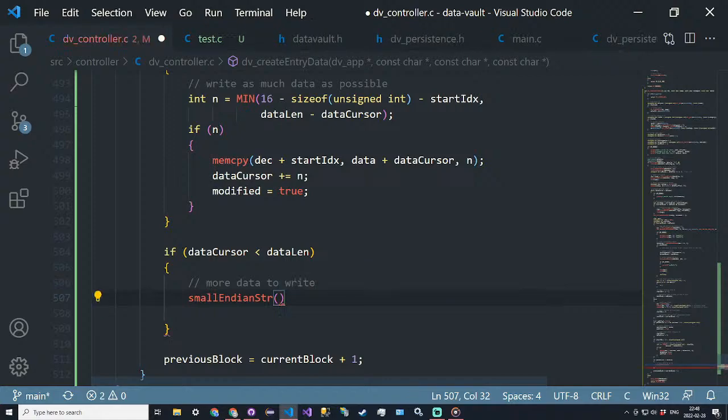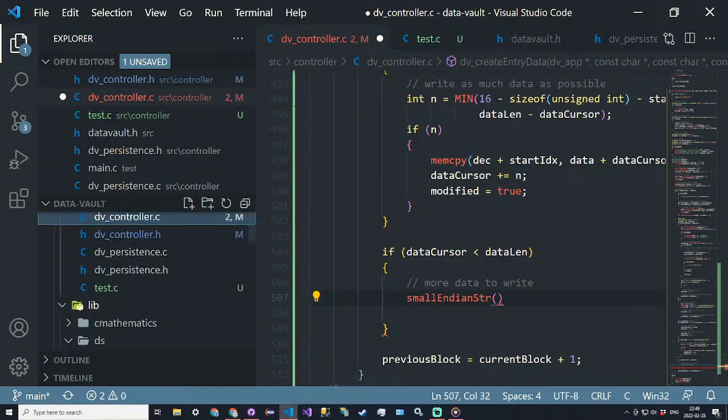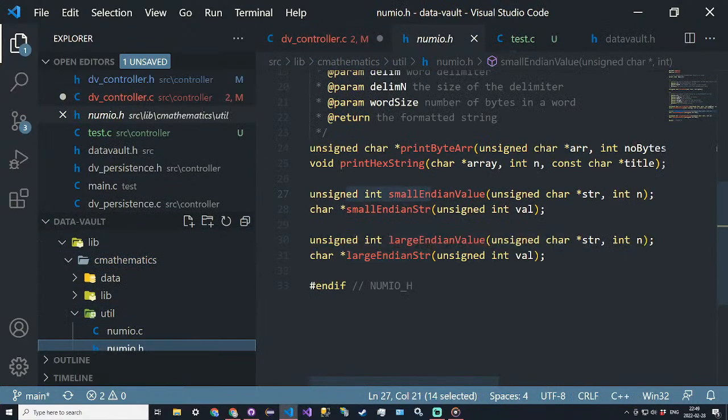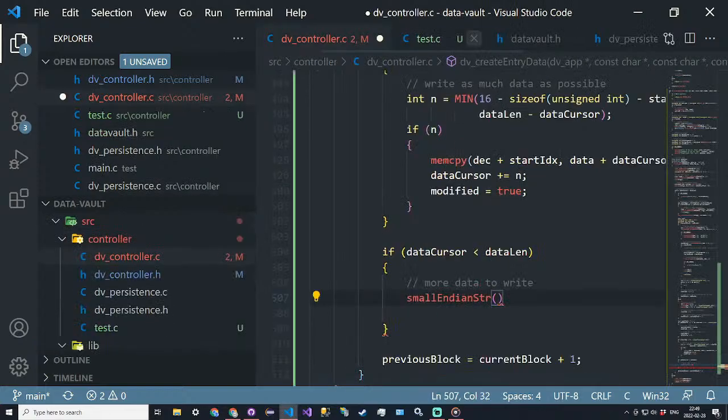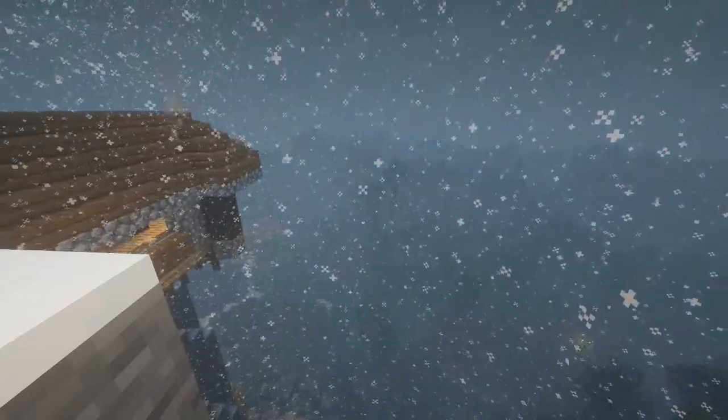Oh, did I not update? Hold on. I didn't update my. I could swear this was on. Oh, did I think I may have missed something. Give me 2 seconds. I updated the C Mathematics library to have an updated number IO. So